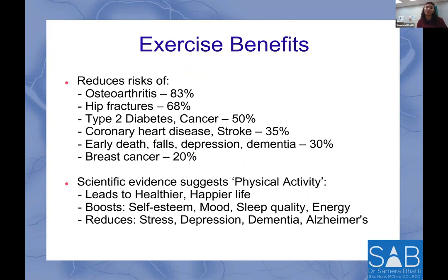But if you think about it, your joints, when wear and tear happens, your joint space reduces. And this is what happens in osteoarthritis. Osteoarthritis is just wear and tear in your joints. When the wear and tear happens, your joint space starts reducing, the cartilage starts breaking down, and then you start losing the cartilage. With exercise, again, independent of the person and what's suitable for them, it actually helps improve